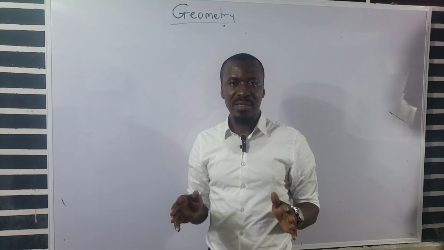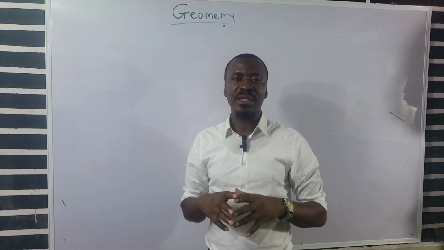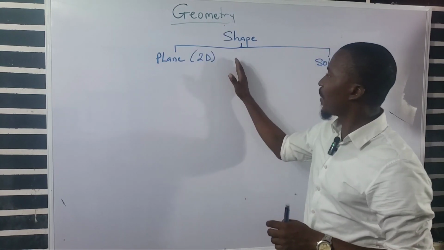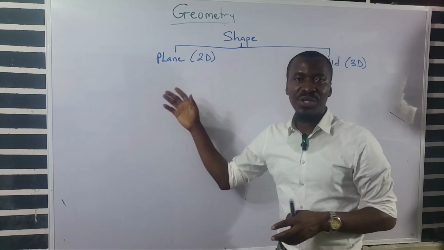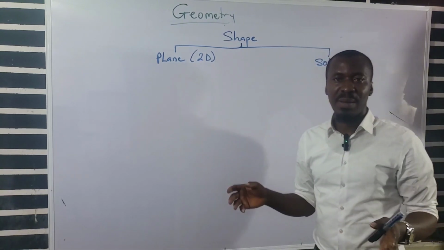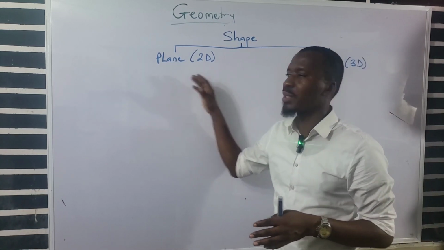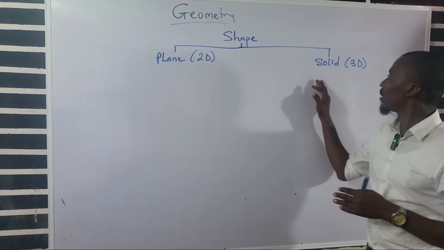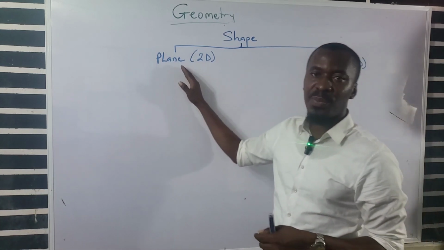So before we start picking the shapes one by one, let us look at the tree diagram of shape. Shape in mathematics is divided into two: the plane shape, which is two-dimensional, and the solid shape, which is three-dimensional. Though our focus today is going to be on plane shape, we also have to highlight all those other things that are under the three-dimensional shape. Now, under plane shape, we have